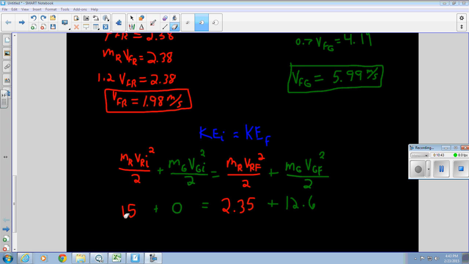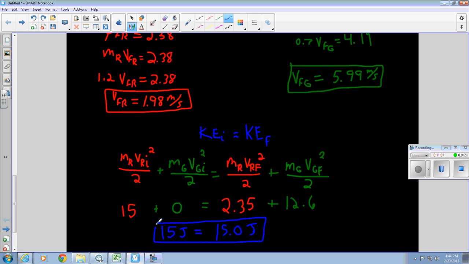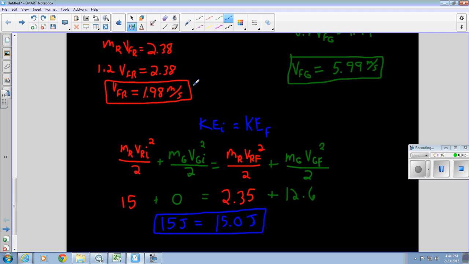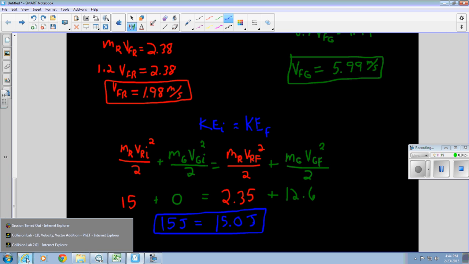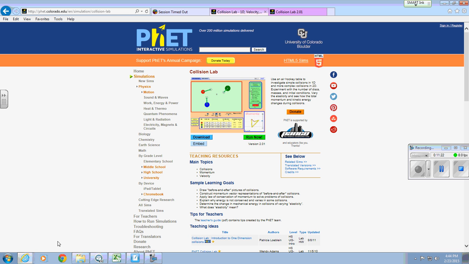15 joules is the initial kinetic energy of the red ball. 0 is the initial kinetic energy of the green ball. 2.35 and 12.6 of the red and green ball, respectively, with their kinetic energies after the collision. And we add them up, and we'd get 14.95 joules, which rounds to 15 joules. So your energy is conserved. So if energy is conserved, we know this is an elastic collision, and we can look at all our numbers, and you can look at them on your paper as I run this collision